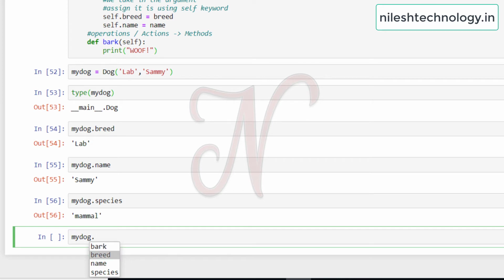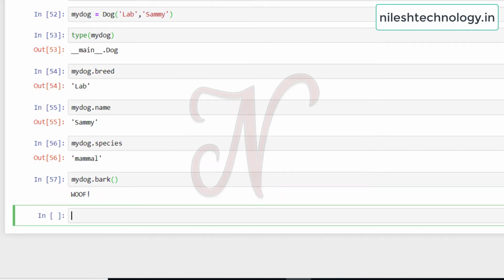See here bark, breed, name, species. So breed, name are the __init__ attributes, species is the class attribute and bark is the class method. So see here bark, then running this code, this is the oof.